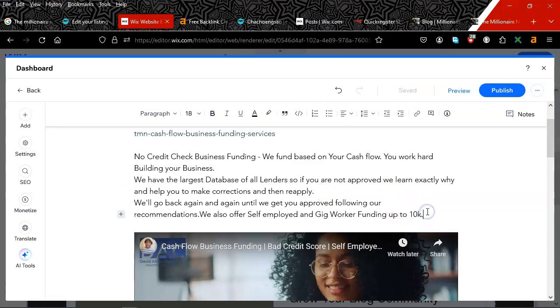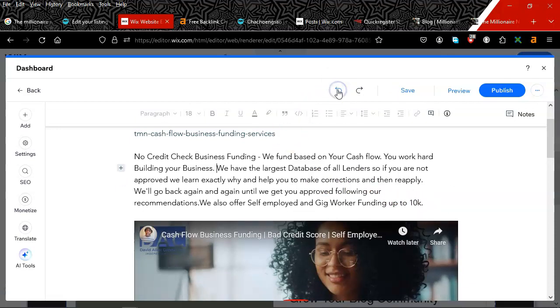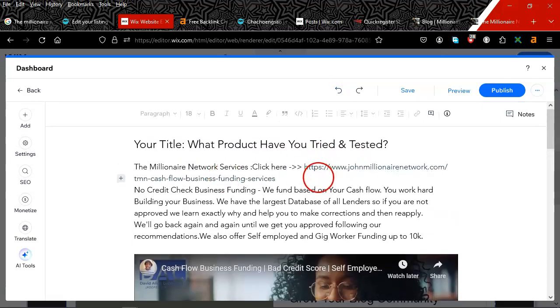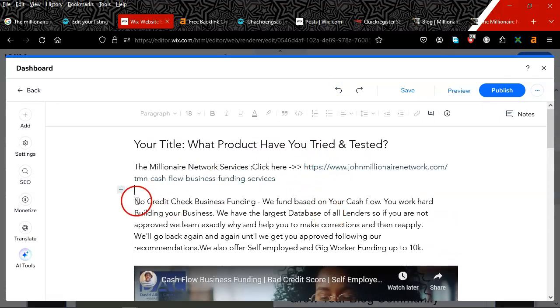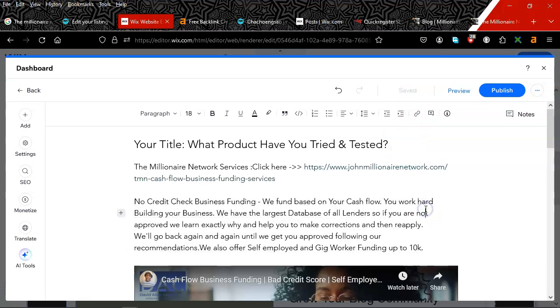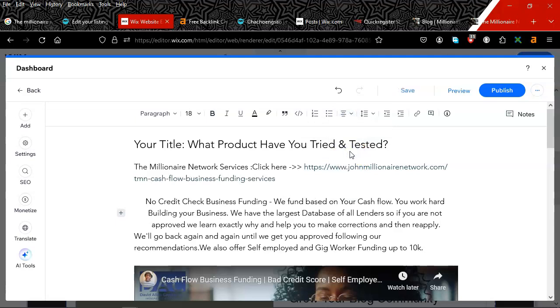If you don't know how to do it like that, say if I go back and you're not sure how to work this stuff, you can come down here, just give this a little space. Then you come down here to this paragraph here. You'll come over here and it'll adjust your paragraphs, right? So we're here at this paragraph and say you want to adjust it like that. See?